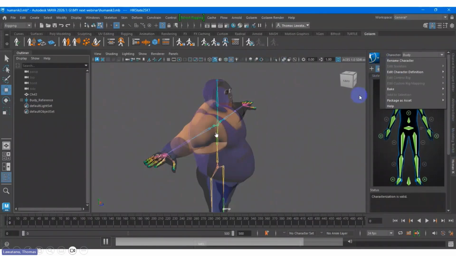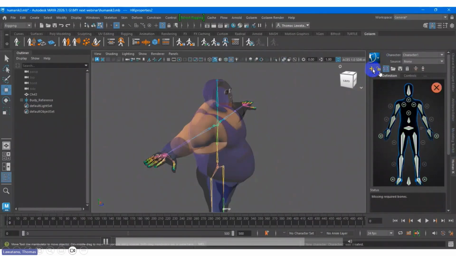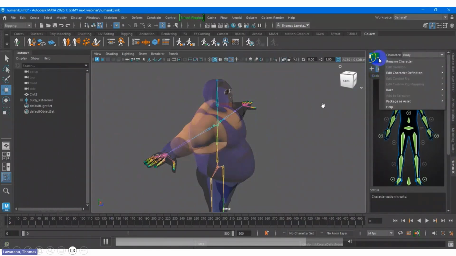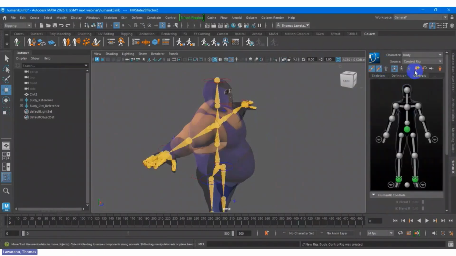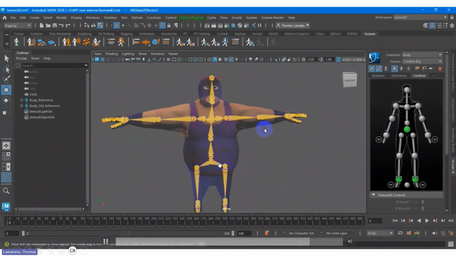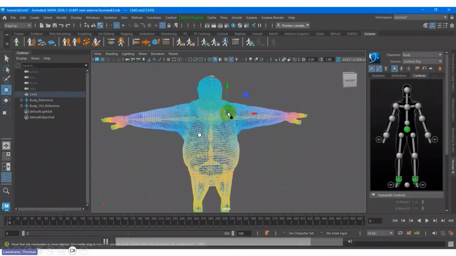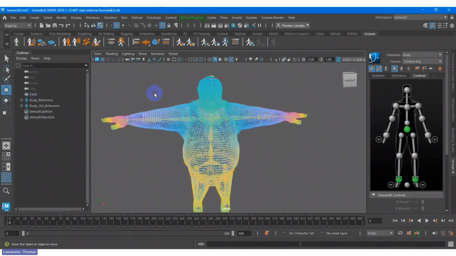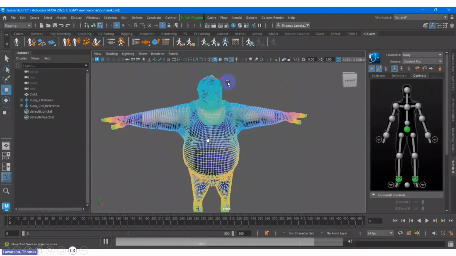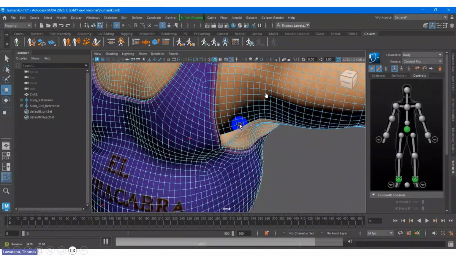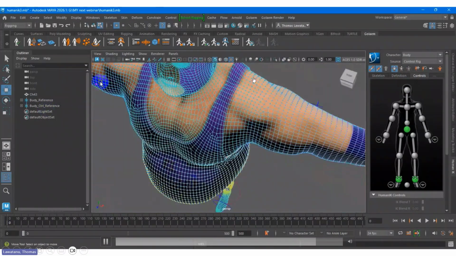After everything is okay, we can lock. Before we do the characterize, don't forget to lock, which means everything is settled, so you can go to the next step. The next step is to create the control rig. Once everything is there, you just click here to create the control rig, and then it changes the skeleton or the bone and puts some curves. These are the controllers.